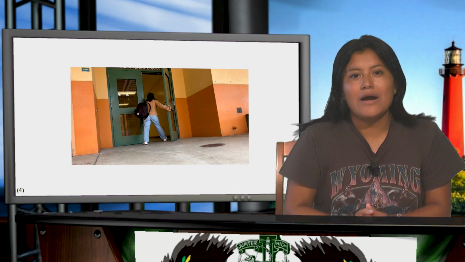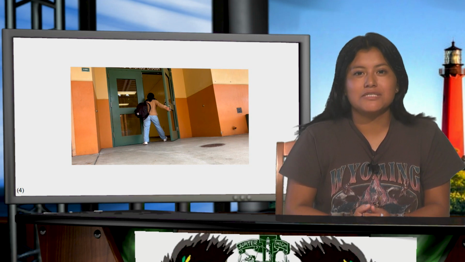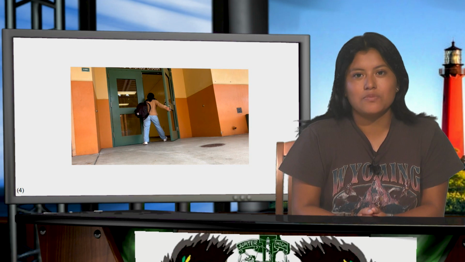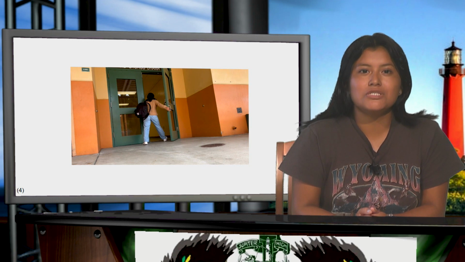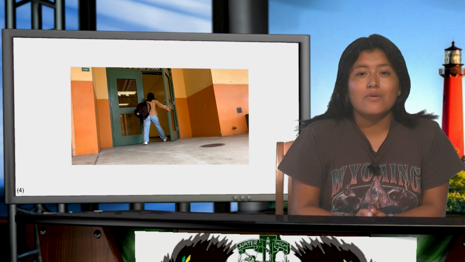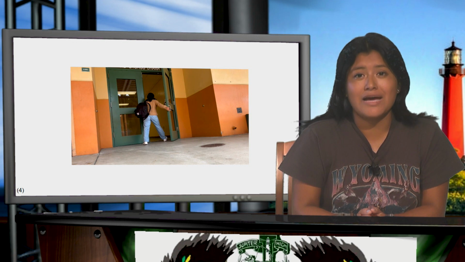How does my product use or challenge conventions? So another camera shot we used was the Dutch angle. This is a shot where the camera is tilted to one side. We use this specific shot to convey chaos because the protagonist is in disarray after receiving a text. This shot was integrated into the film to cause uneasiness and disorientation for the viewers.